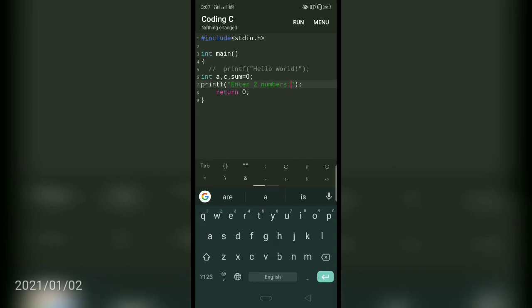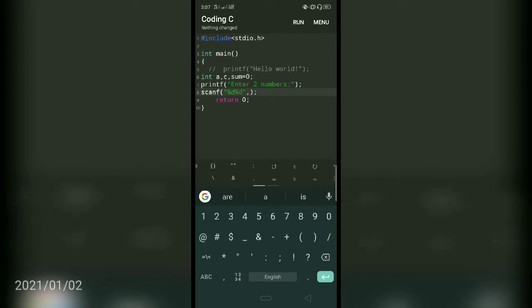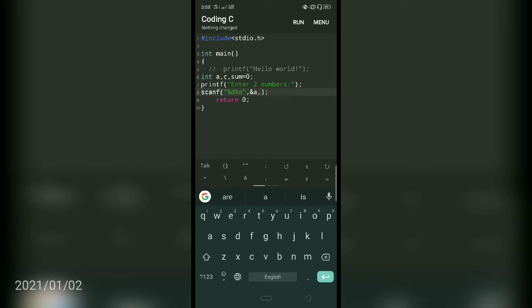Then we scan two numbers as A and B, and then we add them using sum equal to A plus B. Then we print the result.